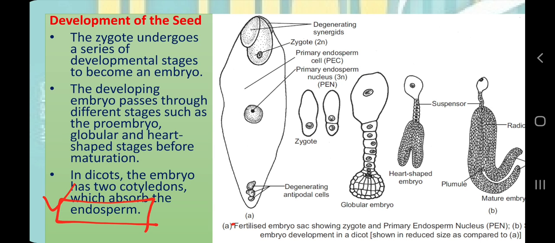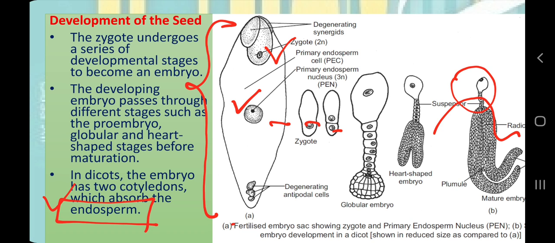So in very simple words, I am again repeating the thing. There was the phenomenon of double fertilization, the first fertilization in which egg and sperm fuse and gave rise to this zygote, the diploid structure. In the second fertilization, triple fusion happened because of fusion of two polar nuclei plus one male gamete, and they gave rise to this primary endosperm nucleus. The rest of the things, 3 antipodals and 2 synergids, degenerated, and this structure is the embryo sac. The zygote divided mitotically and gave rise to the suspensor and the embryo.